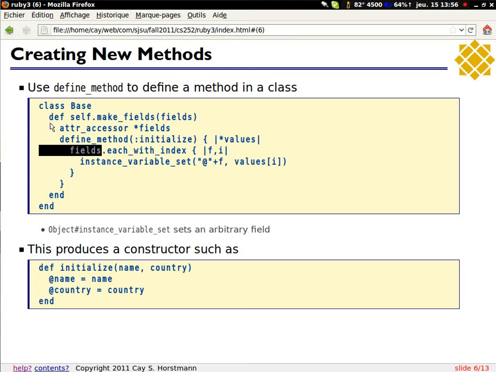If I want this extraordinary service of having a free constructor per class, then I have to write these 3 lines of code. If I want the service of having a free to string per class, then I would have to write a different 3 lines of code. If I want a clone per class, maybe 10 lines of code, because cloning is a little harder. But I can supply these automatic methods as they make sense for my problem domain.